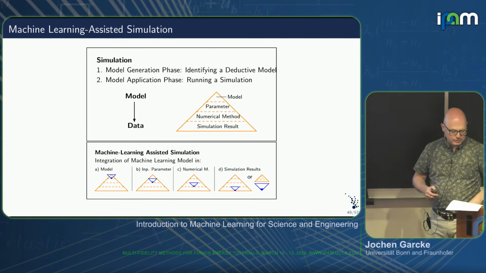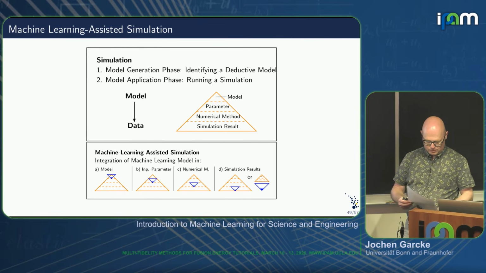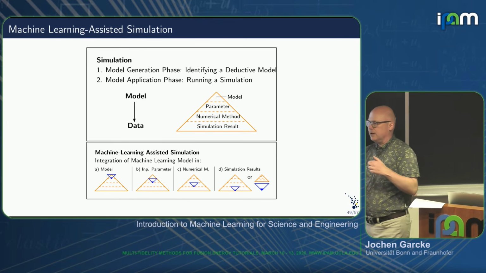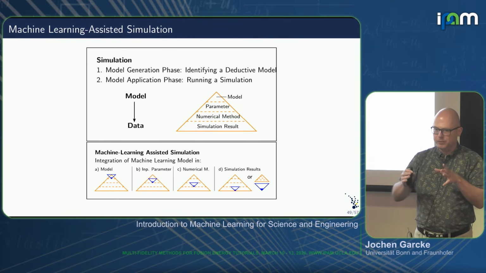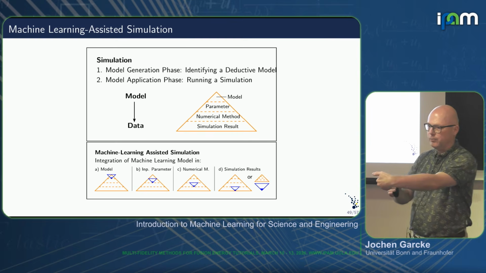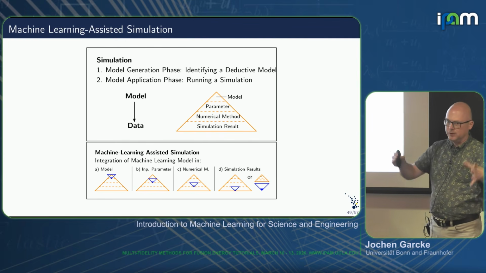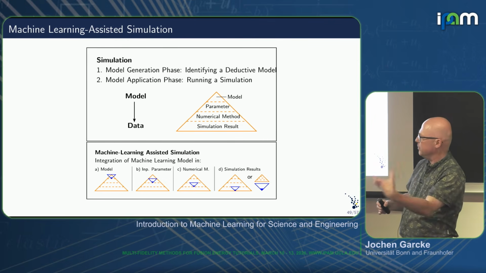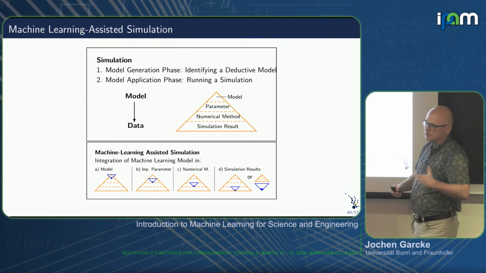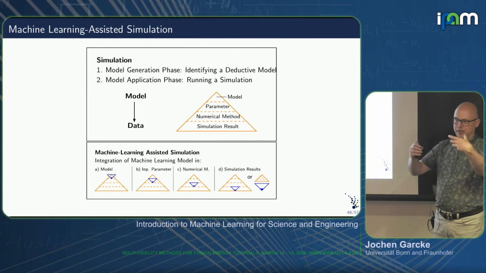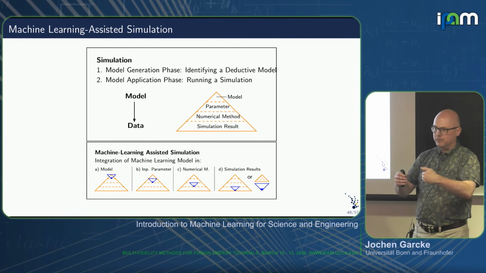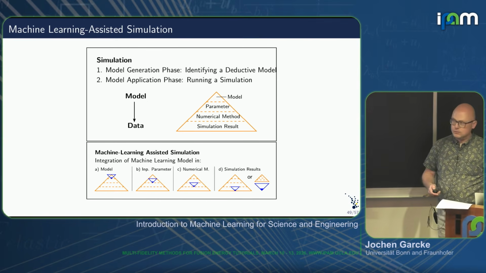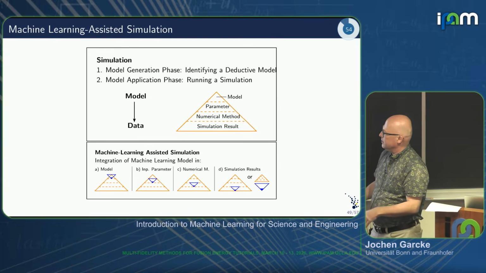You can use it in the numerical methods. Like in multi-academic simulation, you need to evaluate potentials, and there you can use machine learning learned potentials, which are quicker to evaluate. So if you have a costly component in your finite element solver, which has additional sources or knowledge, you might replace that. Or simulation results, what I just showed you, that we want to analyze the simulation output, either a couple of them, or even do machine learning on one output. So on all these, you can do something. And details you find in this paper.